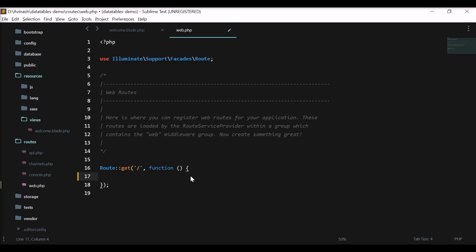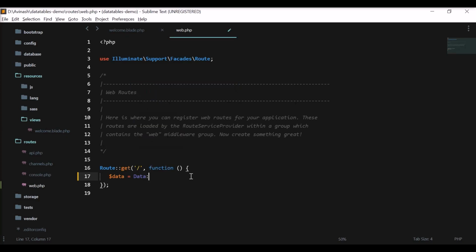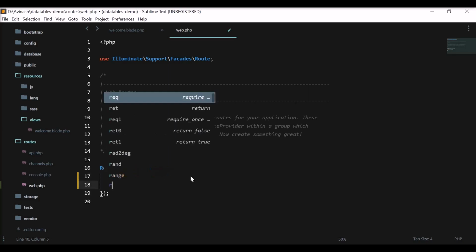So I'll use this file web.php to write this functionality. So I'll create a variable called data, and here I'll get all the data from that table. All means it will fetch all the data in the table, all the rows and columns, and I'll just pass this to the view.